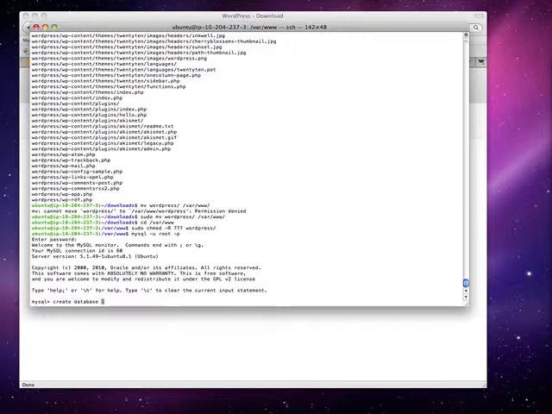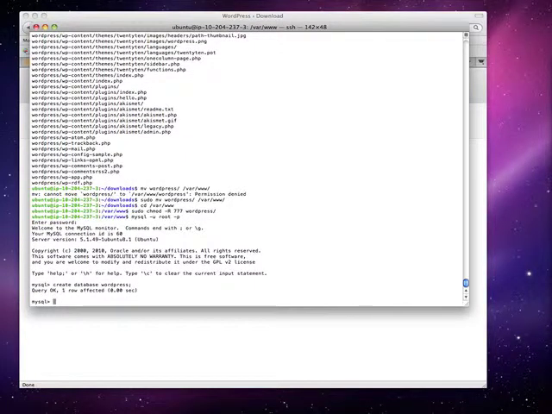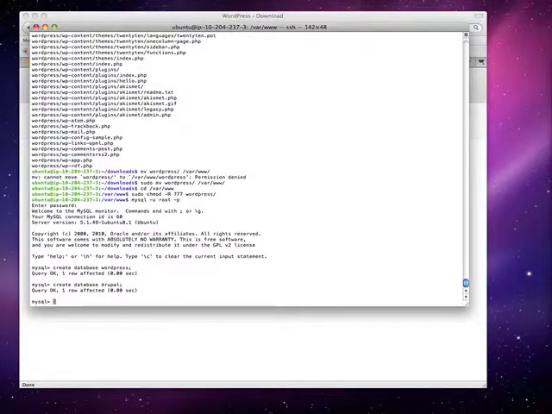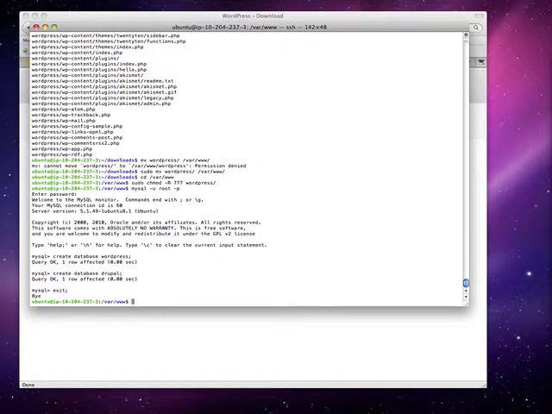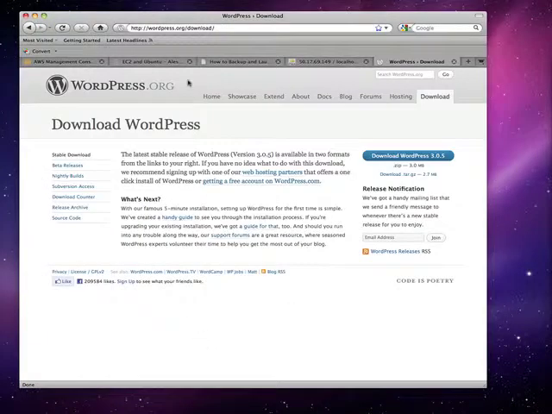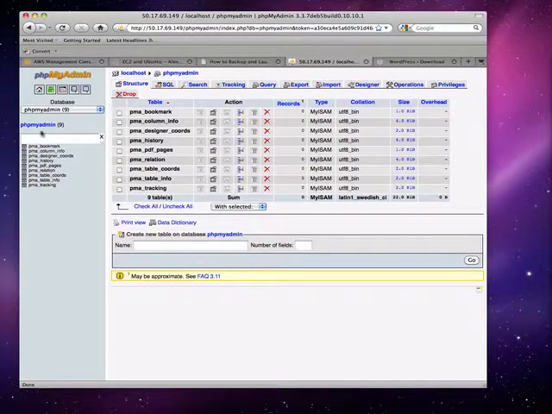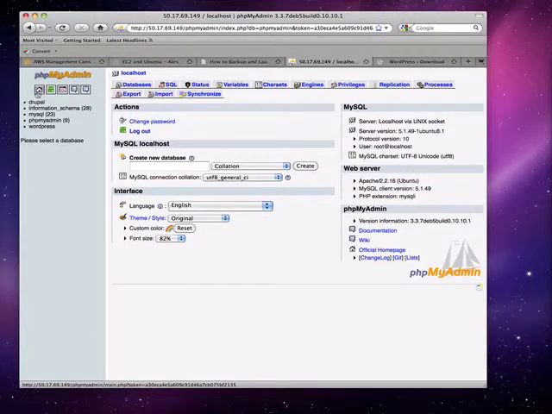Okay, I'm going to create a WordPress database. I'm going to create a Drupal database. Okay, so I've created two databases. I could have done it right here.